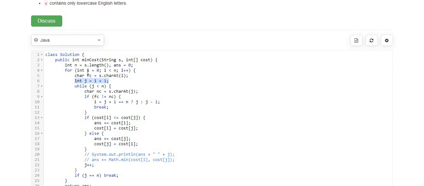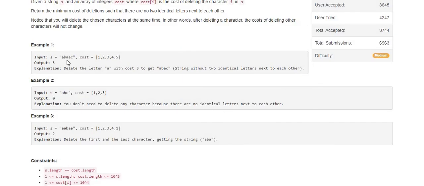So for the 0th i I have the A, and i plus 1 is the j, so the jth character. Here I have created a while loop. In the jth character I can see the next character, NC stands for next character, that is a B. These two are not matching, so I will break out of this. Why I have mentioned this ternary condition over here, I will explain in the later part. For now you can just skip this. This way it will keep on moving forward.